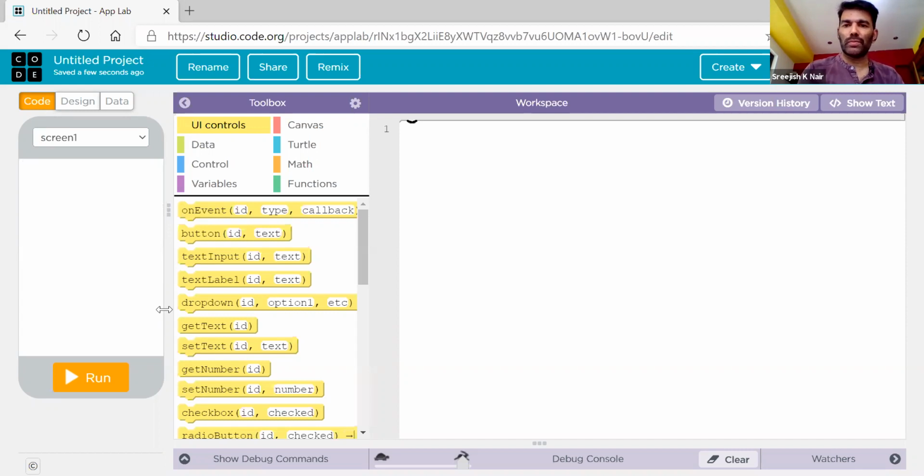So we are going to do our first program. Here, what you see is screen 1. Let us consider screen 1 as an object, like a policeman or a book. A book is an object. A book has a front page or a cover page, and it has its contents. Like that, screen 1 has a lot of properties.